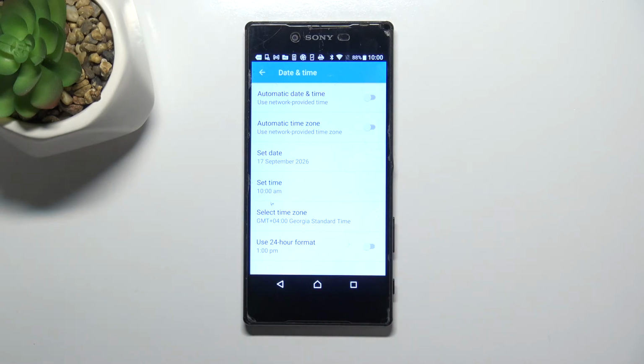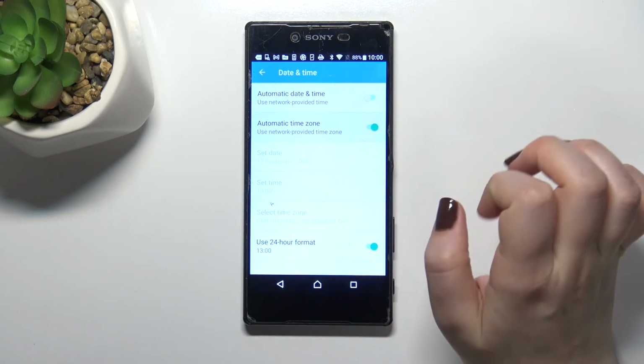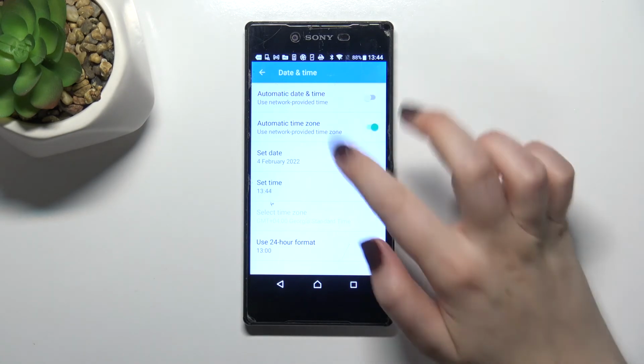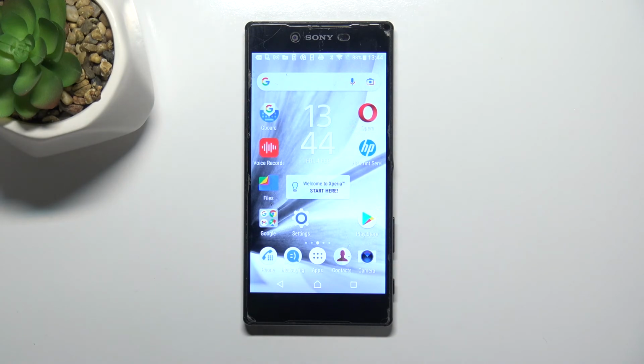So basically that's all. This is how to customize the date and time, and of course you can get back to all previous settings just by tapping on the switcher to use 24-hour format, and both of those switchers here to use automatic date and time, and they will also be immediately changed. So actually this is it. This is how to manage date and time in your SONY Xperia